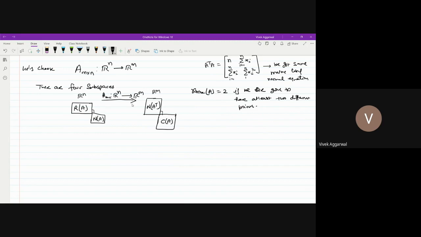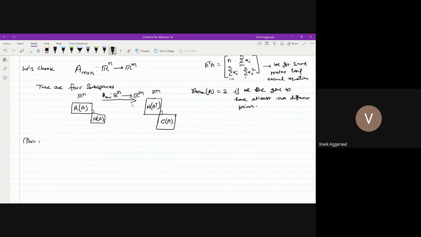So this row space of A means we are dealing with the elements of the row, and we know that the row element has n components, so it is coming from R^n and going to R^m, and m is the number of elements in the column, so that is my R^m. So it is going to be in this form. After doing this one, let's start. I will do the first part.